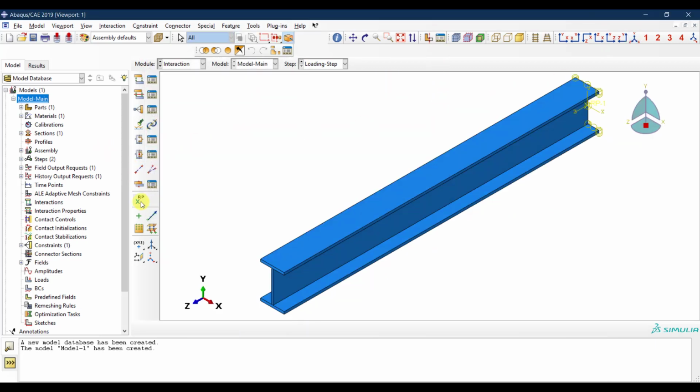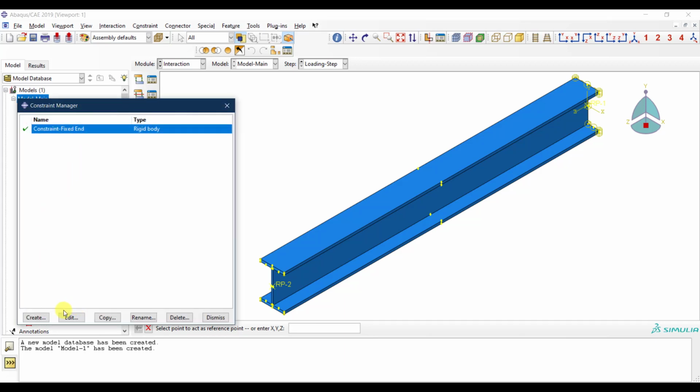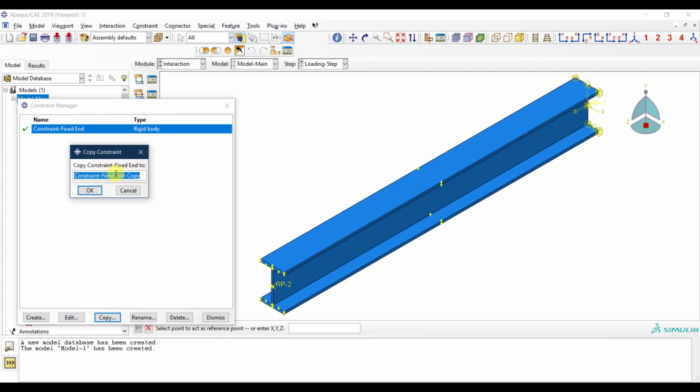Let me create another point as well over here. So this would be 0, 0, and in Z that will be 2000. So I have here another reference point. And let me create another constraint. So this is, call it the free end. So this is where I'm going to apply my